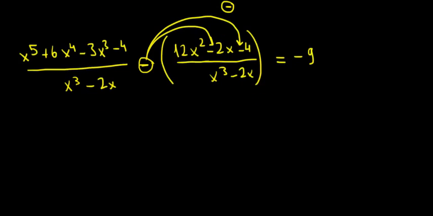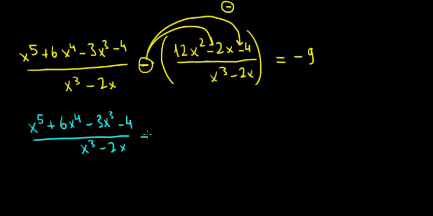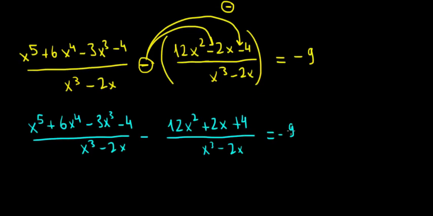So let's actually do the math now. So we have x to the power of 5 plus 6x to the power of 4 minus 3x cubed minus 4 divided by x cubed minus 2x minus, and now what do we have there? 12x squared. Minus and minus makes a plus, remember? Plus 2x. Minus and minus makes a plus again, so plus 4 divided by x cubed minus 2x equals minus 9. Now, because we have the same denominator,